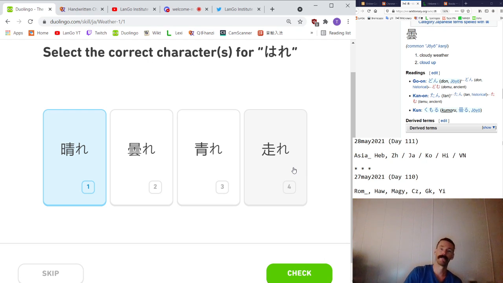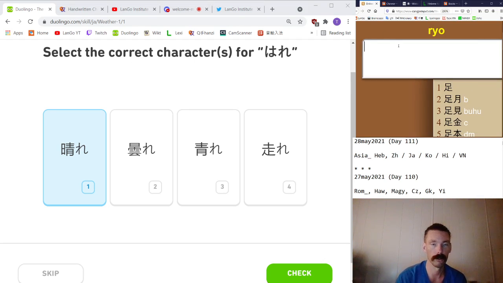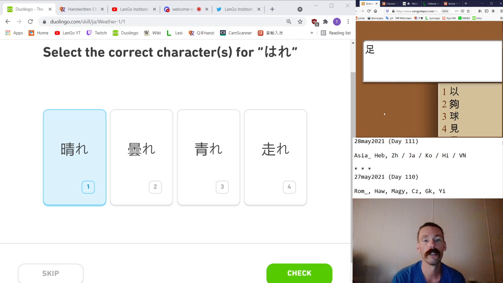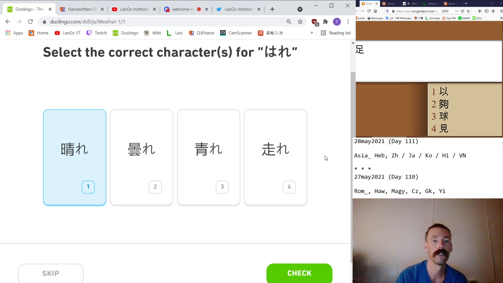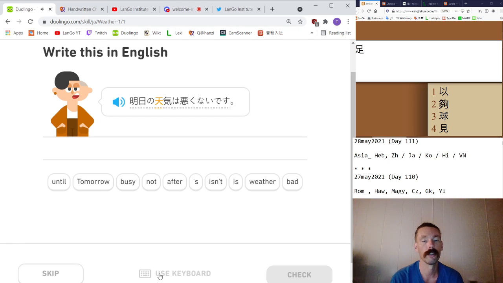This would be 4, a word. This looks like, does it mean the foot? No. That would be an RYO. This is GYO. Here's the foot. I'm selecting the foot in the character picker. You'll see it in a moment. There's the same on the bottom, different on top. This is running. And hashire would be a rude infinitive form.